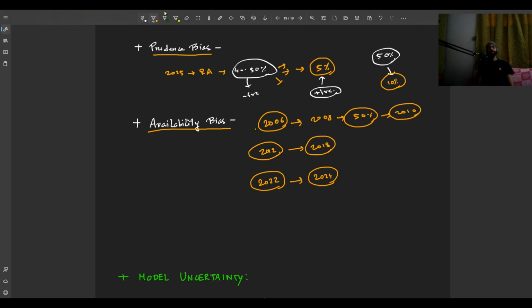Let's say the first case is investor A. Second and third cases are investor B and C. Now B and C have a different kind of impression about the markets, and A has a very different kind of impression about the markets. Now if this impression is the dominant factor whenever they are investing in the markets, then they have availability bias. That is, whatever has impacted them much more,